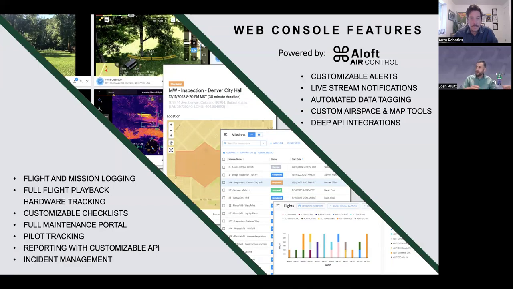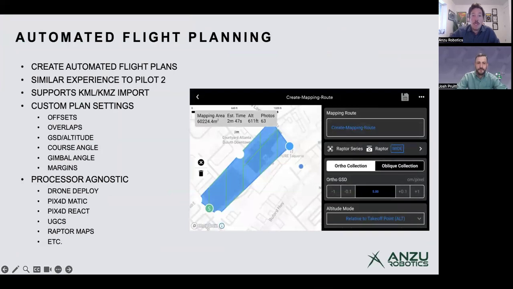So if you don't like our reporting in the custom level of it, we even have a reporting API that we can push all of those data points and all those endpoints into whatever solution it is that you like to use. So